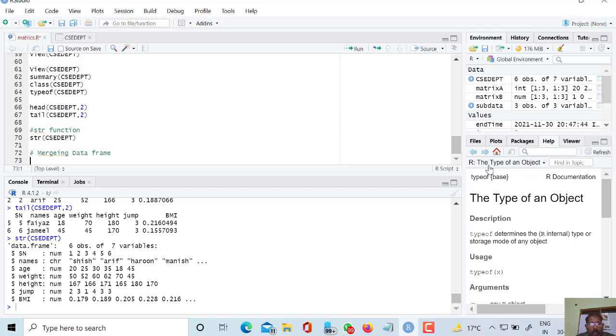So suppose some data is there in one table and some data is there in another table, and we want to obtain the whole data, the full data. So in that case we have to merge the data from table 1 and data from table 2 both. So it will improve the quality of data also, and it will reduce the complexity also. So this is a very important thing, and we can do this.